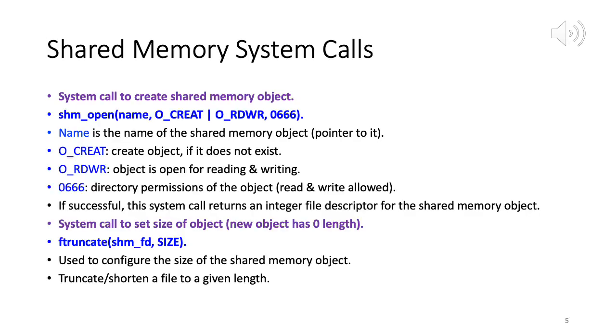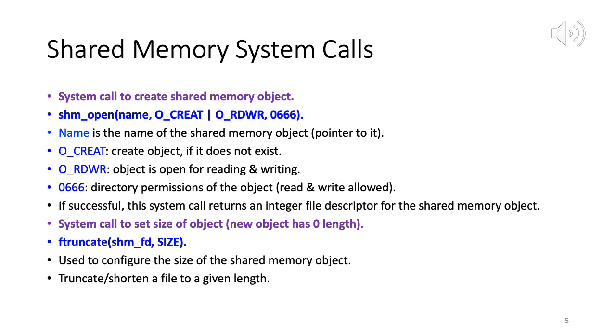Okay, now I am on slide number 5. So we are discussing a C program that implements shared memory. Okay. So we need a bunch of system calls to realize this. So in the next couple of slides, let's just learn some more about these system calls, and then we look at the program. So definitely we need a system call to create the shared memory object, right? Block of shared memory. So for that, the system call we will use is shm_open, so shared memory open.